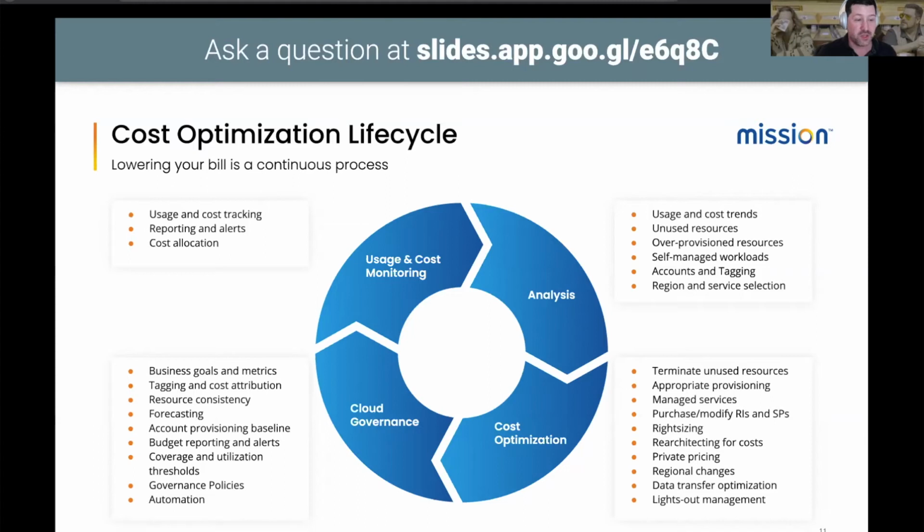for us with our customers, cost allocation, lights out policies like